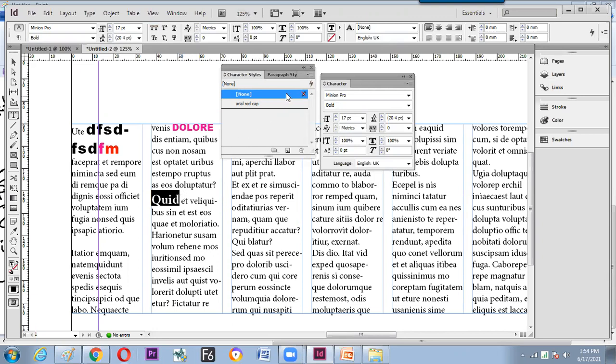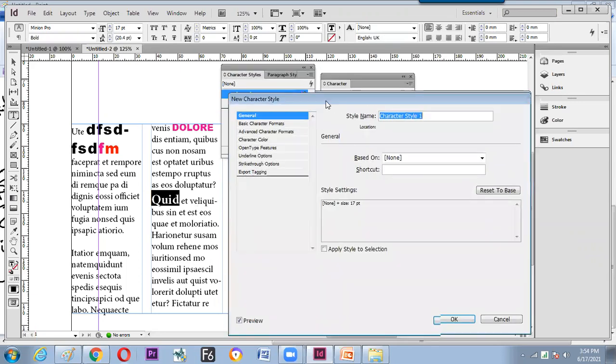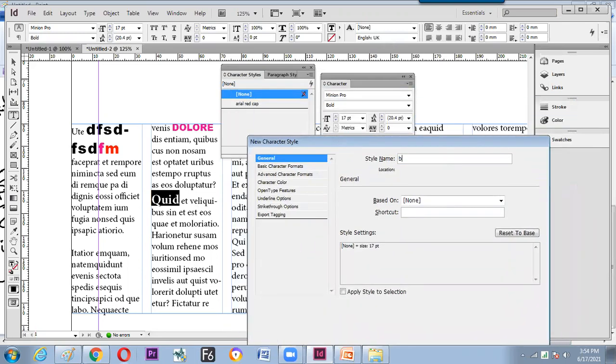Select this and choose either the new character style button here, or in the right top corner, new character style. In both ways, the software will open the same window. Here you can write bold black, just XYZ I'm typing.